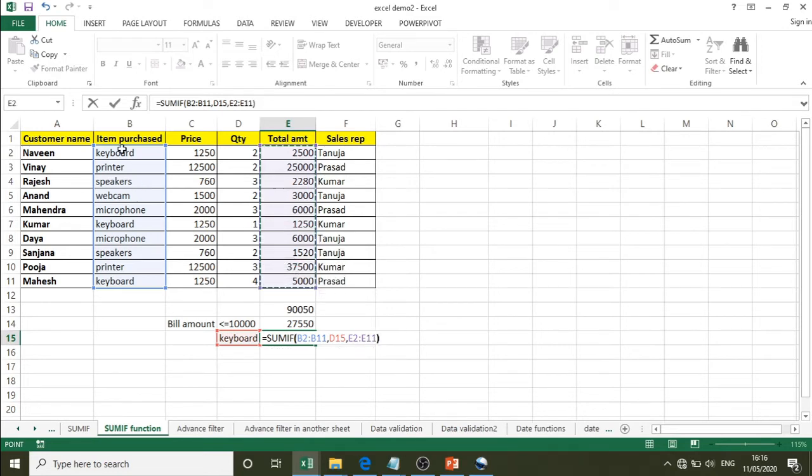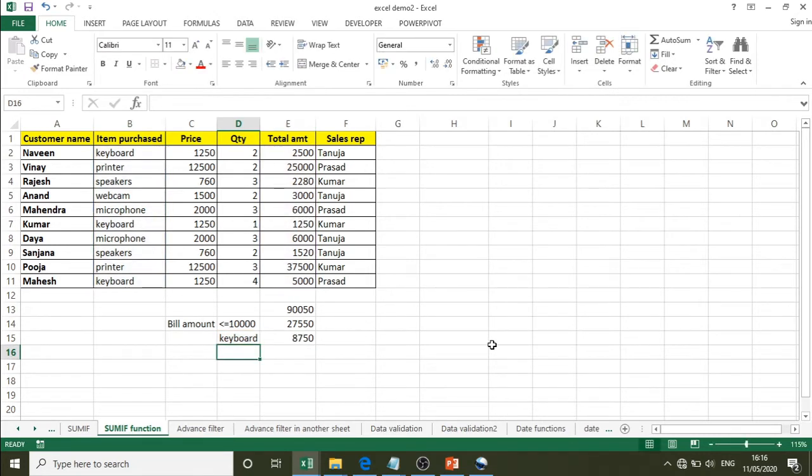So it will compare this, wherever there is keyboard it will check this, so it will select all of this, for 1, 2 and 3, and find the sum of that. So you can cross check this.